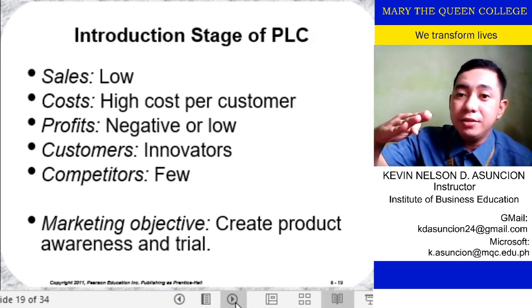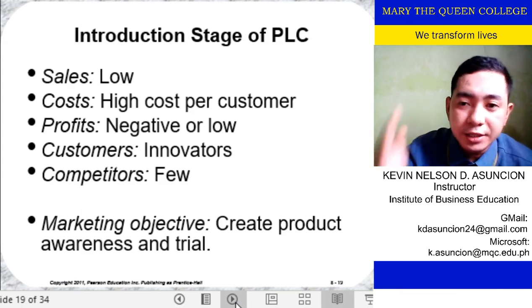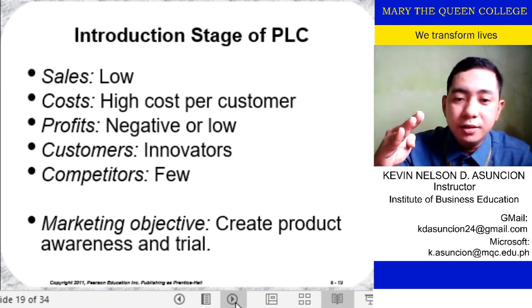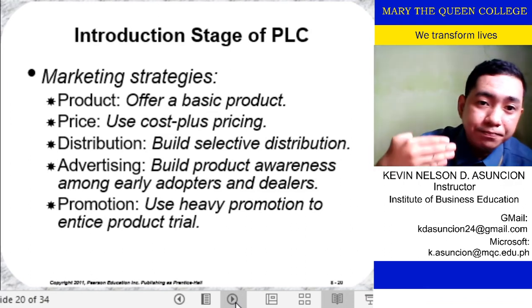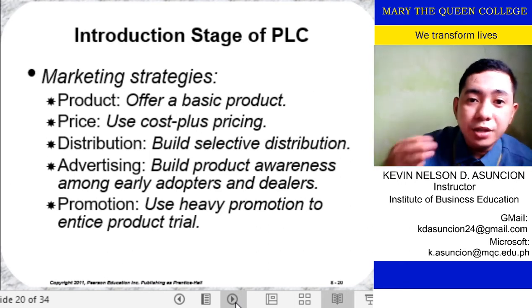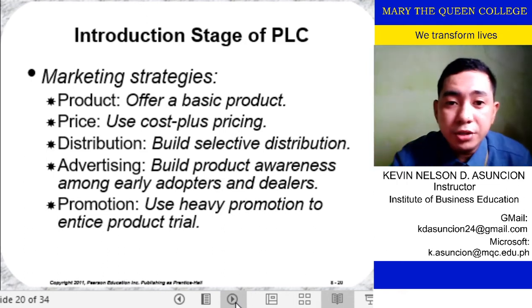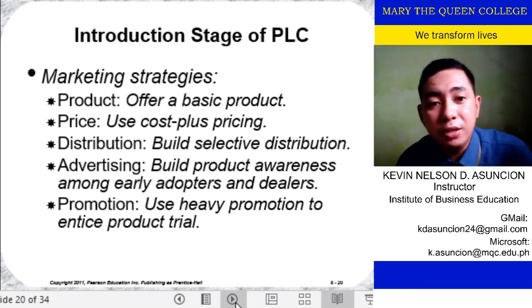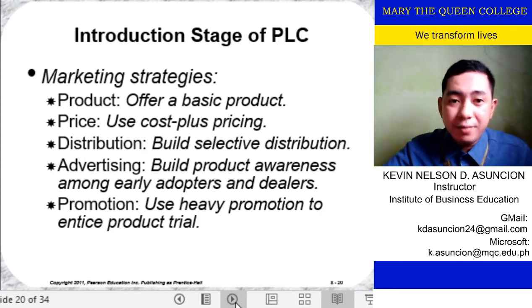Andun ka muna sa dun sa introduction phase. No? Then the marketing objective is to create a product awareness and trial. Yung subukan lang muna yung produkto. So yun 'yon. No? So andito ka. No? Next we go to the of course marketing strategy muna tayo. So you offer a basic product. No? On a price, use a cost plus pricing. Kasi nga, bago ka lang. No? Distribution, build a selective distribution. Paano mo i-distribute yan? Of course, when you roll out that, you need to think about it. And then, susubukan mo lang bago ka pa lang then, saka ka na lang mag-expand.